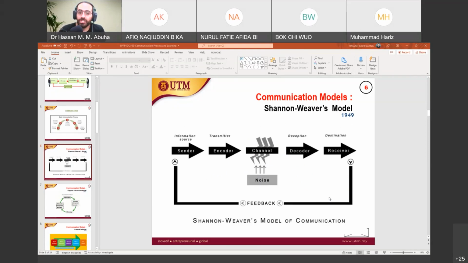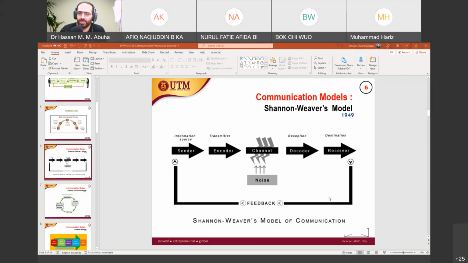Now, when we talk about Shannon, he said that the first communication factor is the sender, encoder, channel, decoder, receiver. Now, when we talk about sender and encoder, it's actually one variable, which is the teacher mostly, or the one